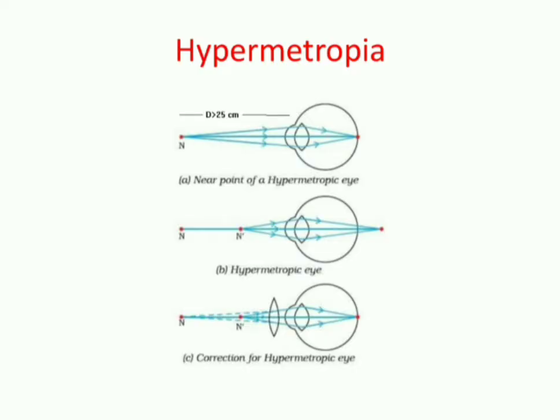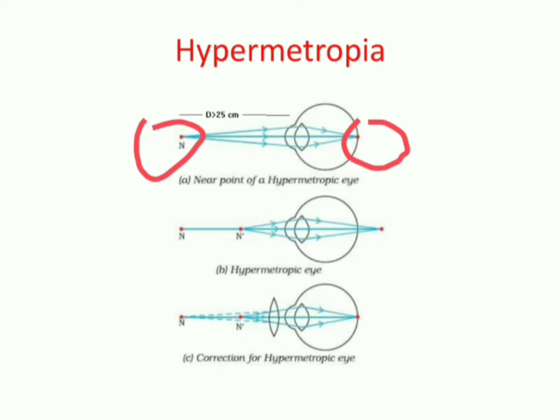Now you can clearly see this diagram. A near point of a hypermetropic person. See the image, if you keep an object at N, which is greater than 25 centimeters in the first diagram, it is forming the image on the retina. Object is placed at N, which is greater than 25 centimeter. So image is on retina. So he is having a defect with the near point. Now what we have to do is, you have to prescribe a lens for him. What type of lens did we prescribe?